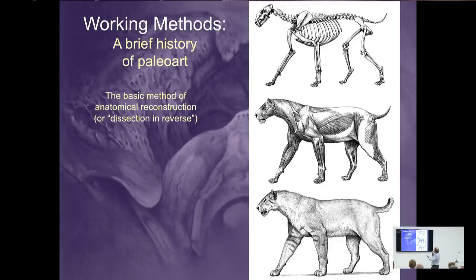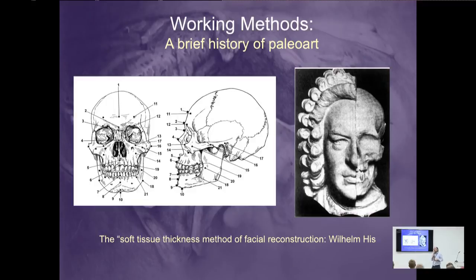And when we have this reconstruction of the muscle mass, we go to the third and final stage, which is to add the external tissues: skin, fur, feathers, scales. And this, of course, is the most speculative part of the process, because in 99% and more of the fossil record, we have no direct evidence. We would need a miraculous preservation, which we now and then have, but generally it's just informed speculation. So this was essentially the basic method of anatomical reconstruction, but at the same time, in more or less parallel